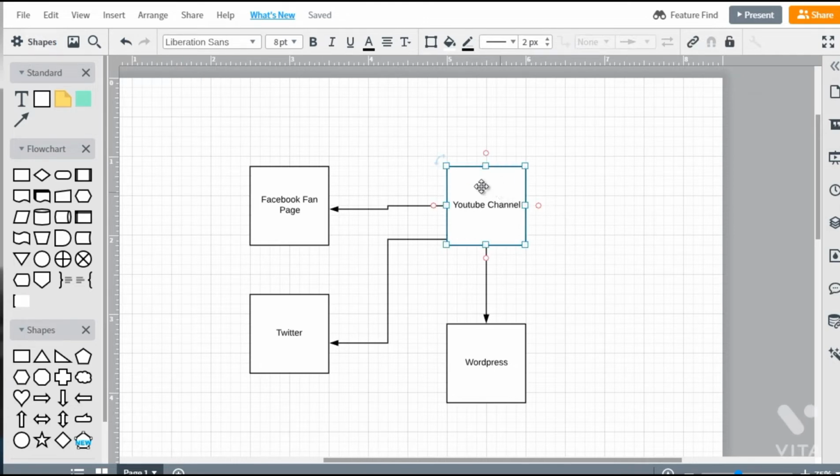So obviously, in order to get this to work, you'll need to have a YouTube channel, you'll need to have the Facebook fan page, you'll need to have all these items in hand. So you'll need to have the username and password and all that. And we'll talk more about account creation later, but I just wanted to give you kind of a gist of what everything looks like and the visual map of it all.